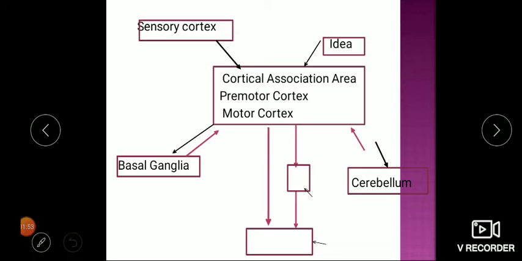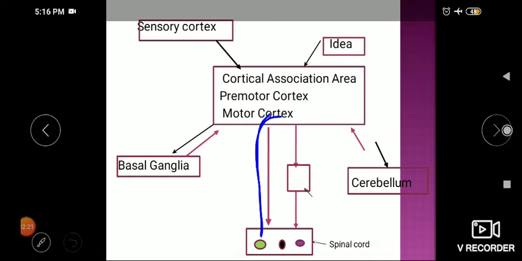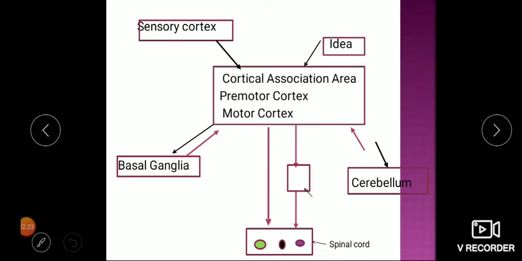Now from here the orders will descend down to the main execution center, that is called the spinal cord. Now this connection which is coming down from up, as it is descending, these are called descending tracts. Some of them are going directly from cortex to spinal cord. So as we have learned how to label the tract, its origin and termination: origin from cortex ending in the spinal cord, so it is called corticospinal tract.